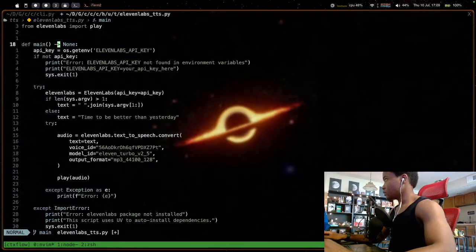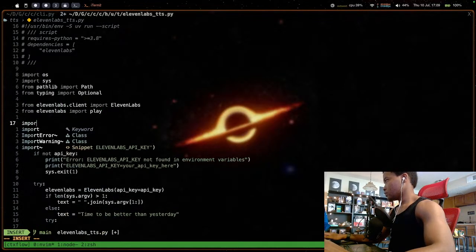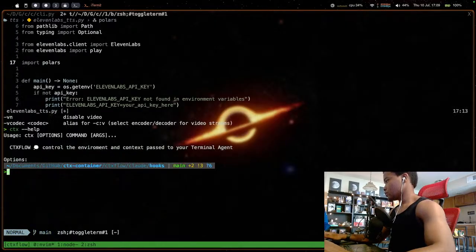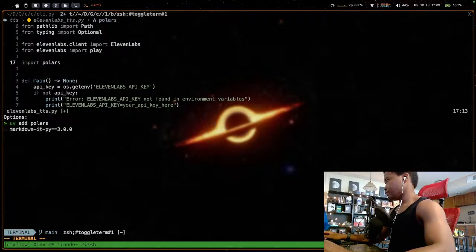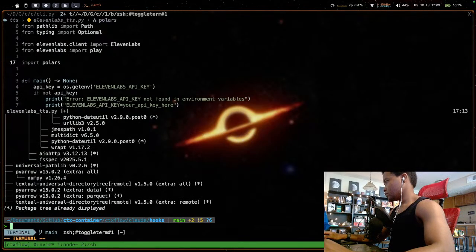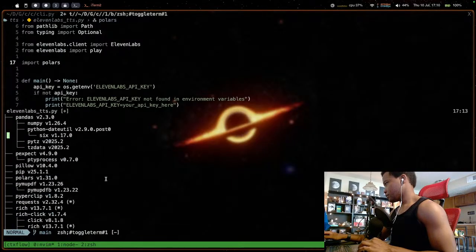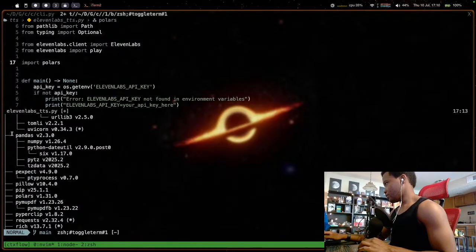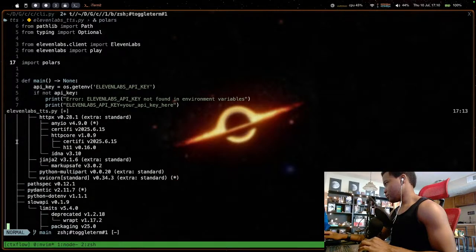I mean, we could do polars. I wonder if the browser uses pandas.